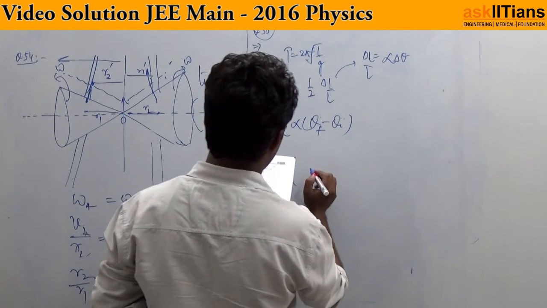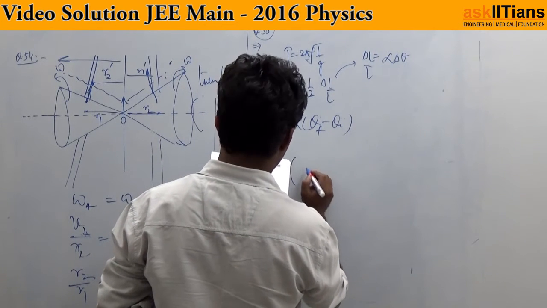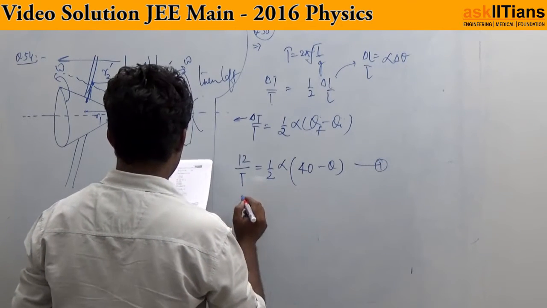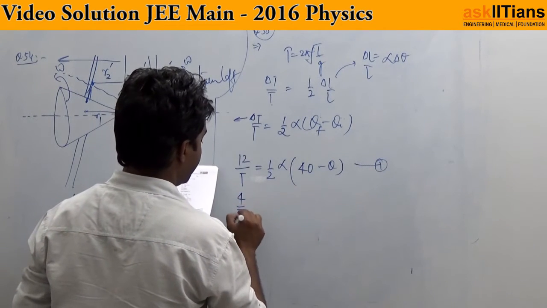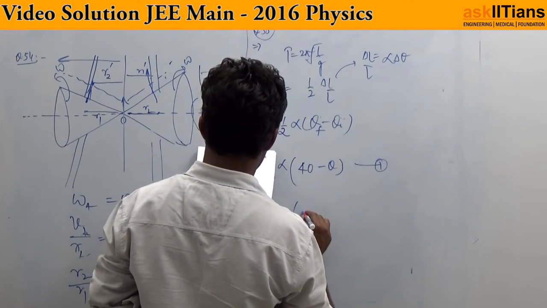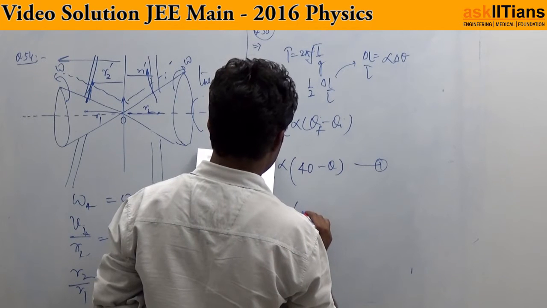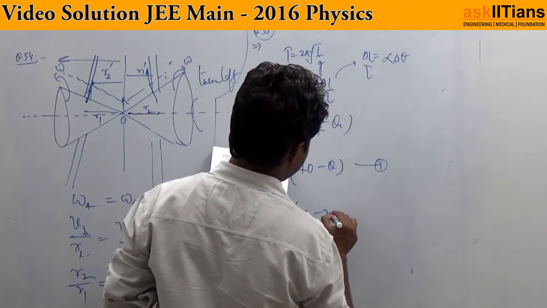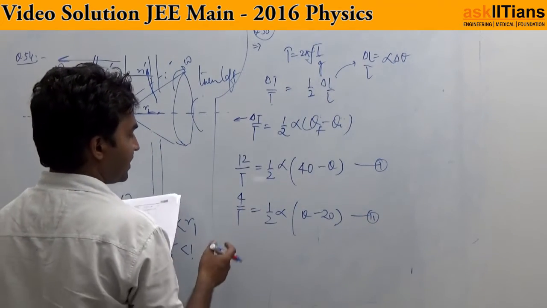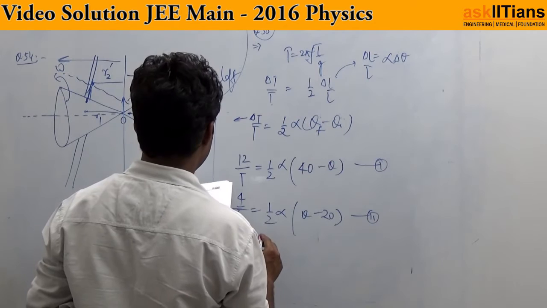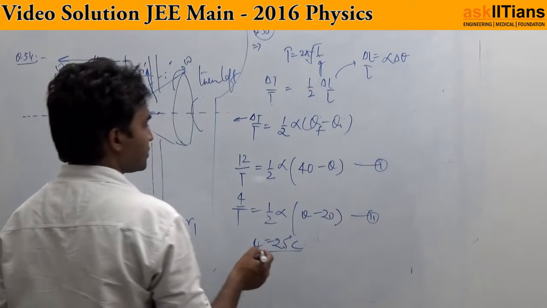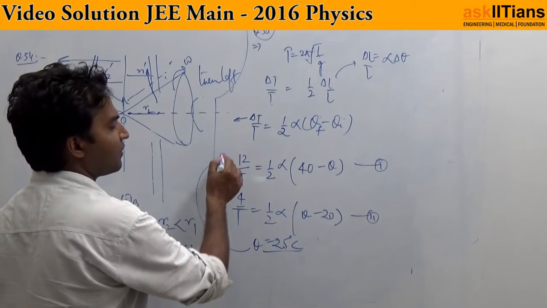So the first condition is 40 minus theta, equation number 1. Second, it gains 4 seconds a day upon T, that is 1 by 2 alpha, theta minus 20, equation number 2. When we divide equation 1 by equation 2 and solve this, we get the value of theta as around 24.5 degrees Celsius. Now on the basis of this, we put this value in any one of the equations,